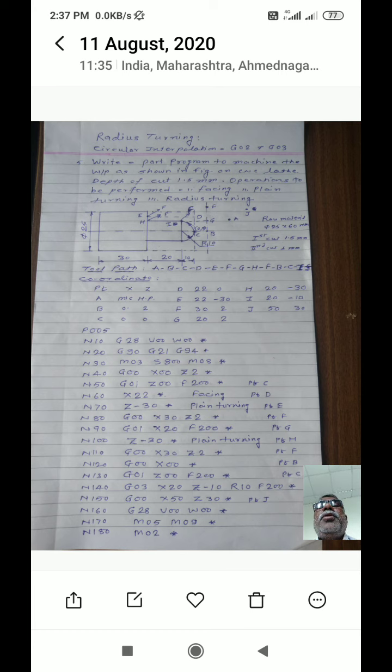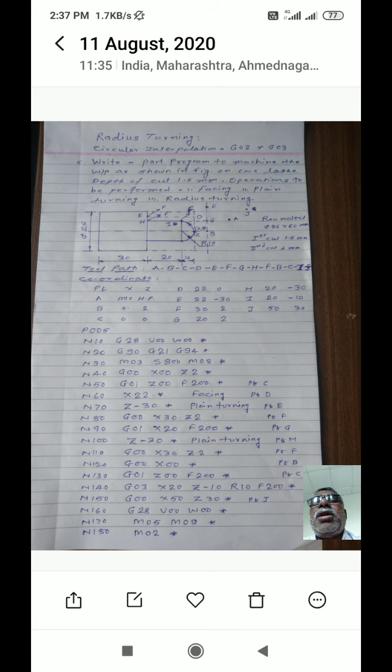Then to perform the facing operation, you have to move the tool from point C to point D by using the linear interpolation function. As G01 is a modal function, it is not necessary to mention it in the next block. It will remain active until it is cancelled by another code.